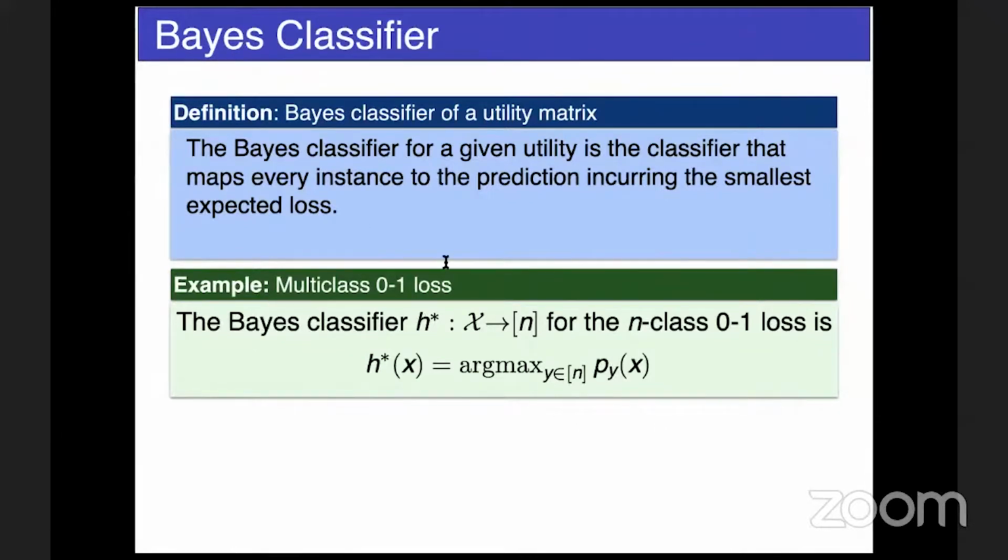So here's just the example for the multiclass 0-1 loss. The multiclass 0-1 loss and accuracy are the same thing. So for the case of accuracy, what's the best classifier? It is the classifier which takes a look at the probabilities of, for example, sky, mountain, and cloud. Let's say they are 0.5, 0.2, and 0.3, and it just predicts the class with the maximum probability. In this case, 0.5 is maximum, so it might say sky is the class. Right? So that's the Bayes classifier. So the Bayes classifier is a pretty intuitive notion. And the key thing to note is that it depends on what utility you're using. So it will change if you're using a different utility.